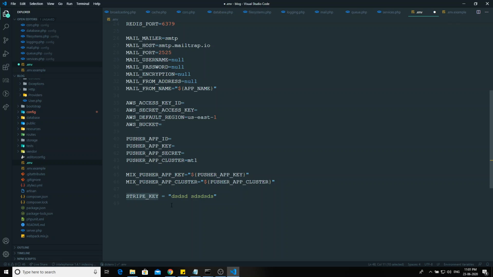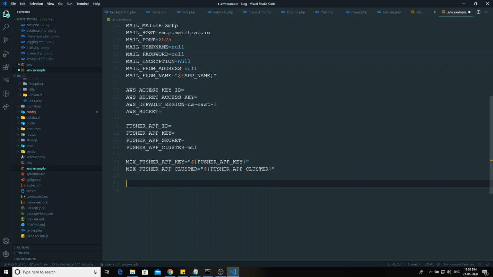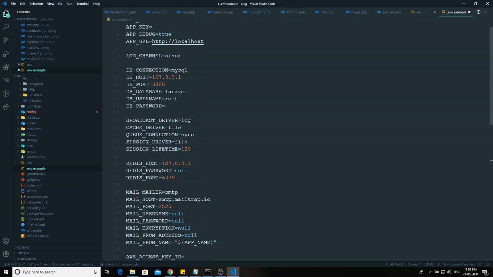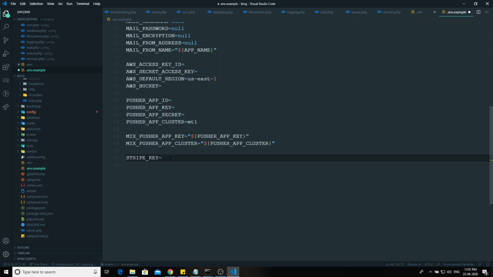So what you can do is copy this one and paste it here as a placeholder, so that he will understand that these are all the placeholders used in this project. In his .env file he will be adding the Stripe key, whatever the Stripe key value is, he will be able to add it. In this way we can share the placeholders, and he can update according to them. This is generally how it works with teams.